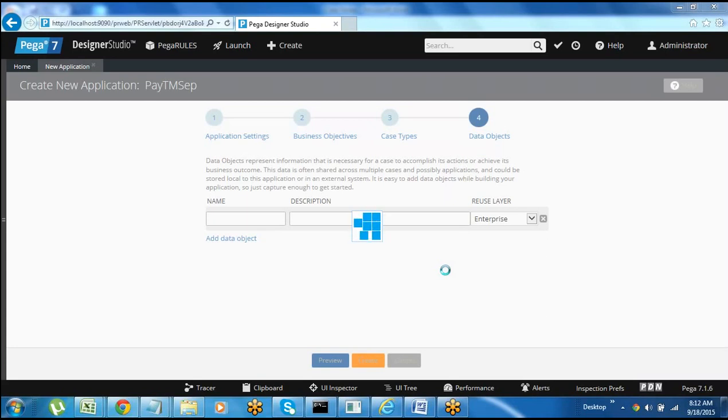Different types of classes will be there in Pega, like abstract classes and concrete classes. If anyone has basic Java knowledge, it is the same concept, abstract or non-initialized classes. I'll tell you in detail in tomorrow's session. Just a basic idea: there are two types of classes, abstract and concrete.